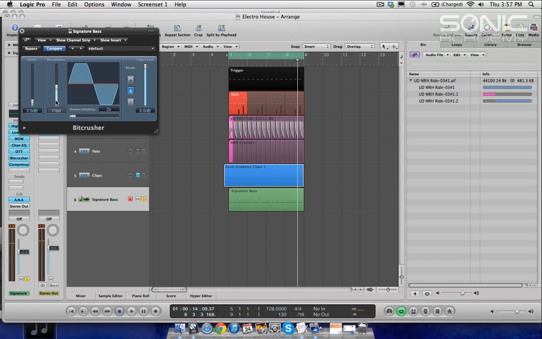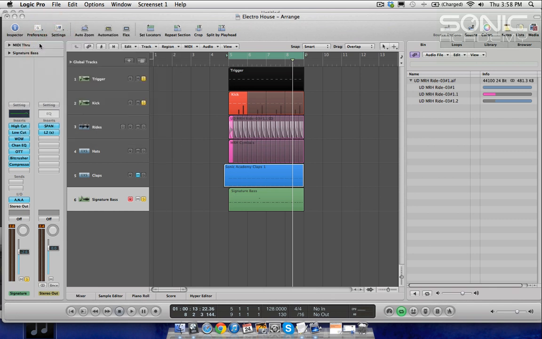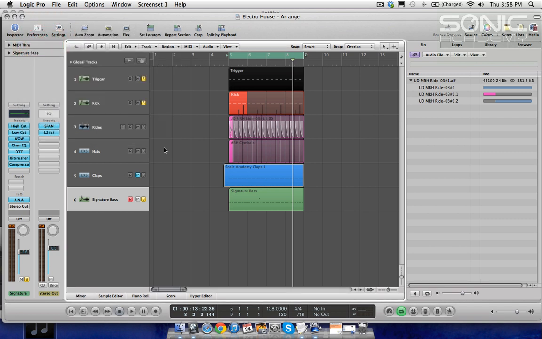You can see obviously the lower the bit rate it is, the more noise you can hear introduced. I think I might leave it at that for now. It just adds a nice little bit of, some may say unwanted noise, but I quite like this noise, and I think it's just going to suit nicely with the sound that we're going for. So I will leave it at that for now. And there's more that we can do in the mixing stage, but for now,